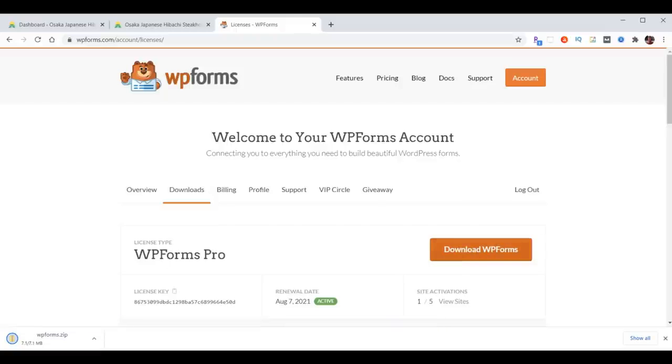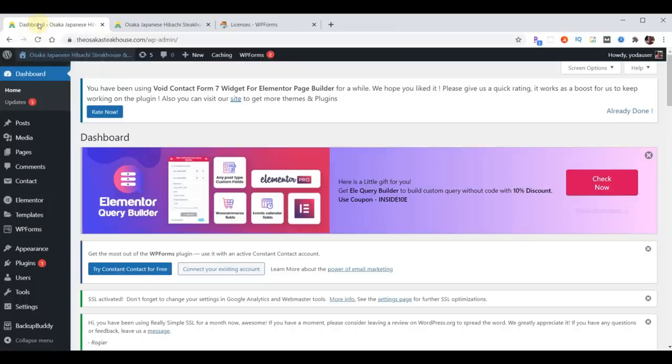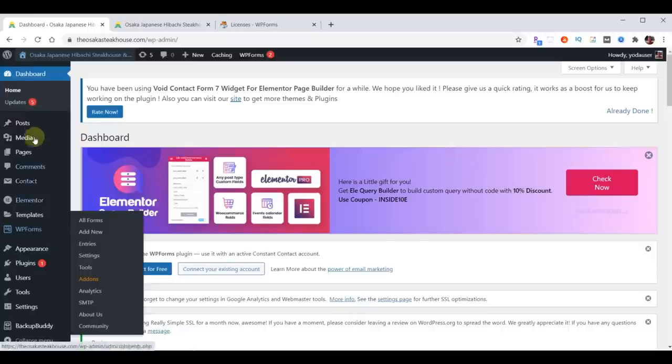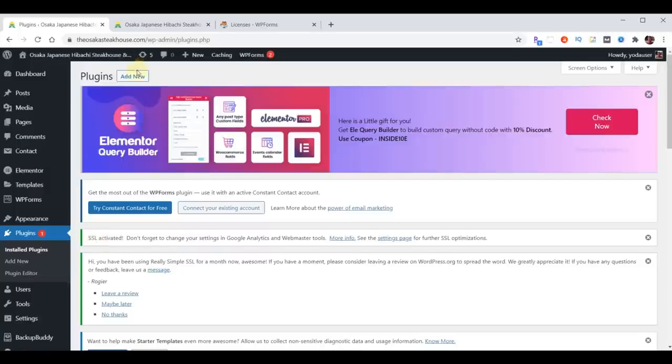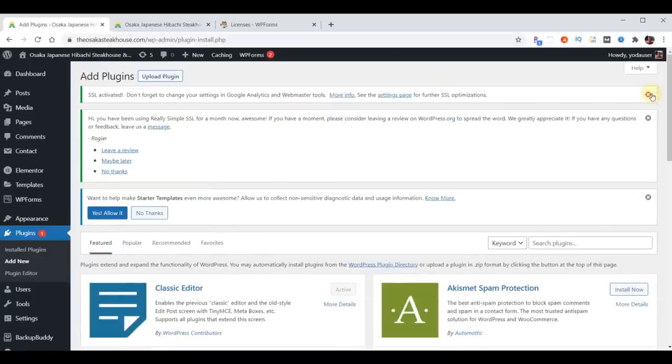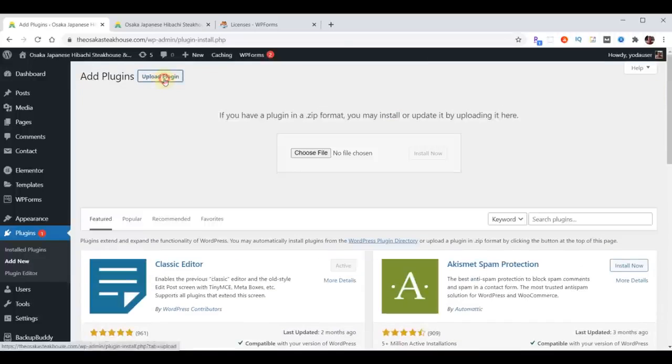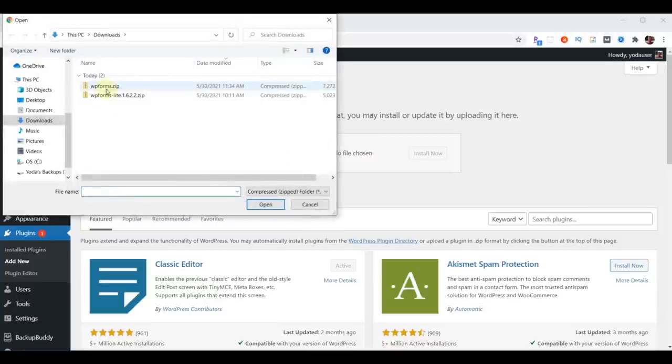Once that download's complete, I can close that, and I can come back to my admin. And notice this already has the Lite version installed, but we want to install the Pro version. So we're going to go to Plugins, Add New. And sometimes it'll look like nothing's happened, and that's because all this advertising's in the way. So I'm going to close some of this advertising just to get it out of the way. Now I'm going to click on Upload Plugin, choose File, and there's the paid version. We'll click on Open,